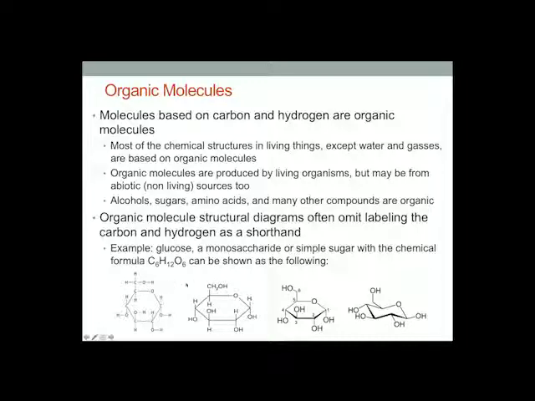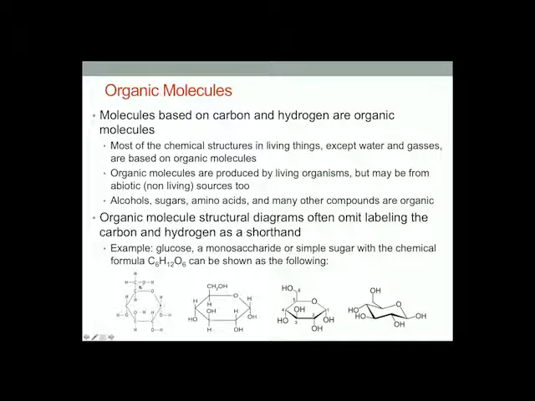So basically, when you're diagramming an organic molecule, and we'll use glucose here as an example, it can be drawn in a number of different ways. These 4 diagrams here are different versions of how we would show glucose. And glucose has a chemical formula of C6H12O6. That means it has 6 carbons, 12 hydrogens, and 6 oxygens. This structure shows all the different atoms that make it up, including the hydrogens. And all the lines between them are, again, those covalent bonds, where it shows how they're stuck together